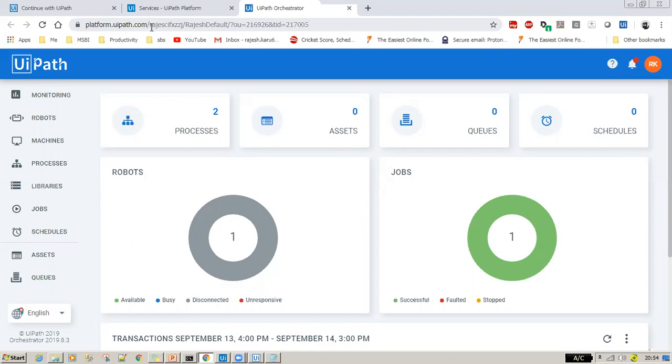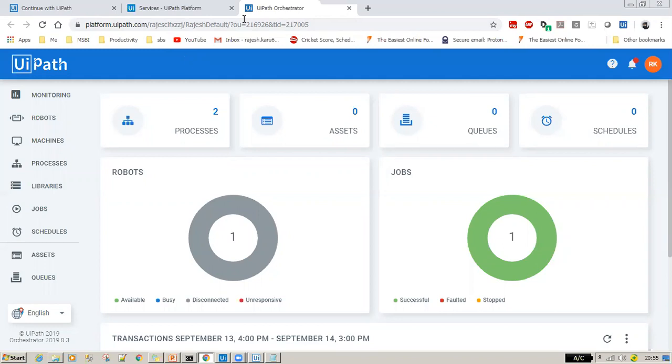Depending on the type of license, you might see customized URLs. When you work on development, you might have a different development Orchestrator URL, and for production they might have a different URL. Some organizations and projects have one URL for both instances.